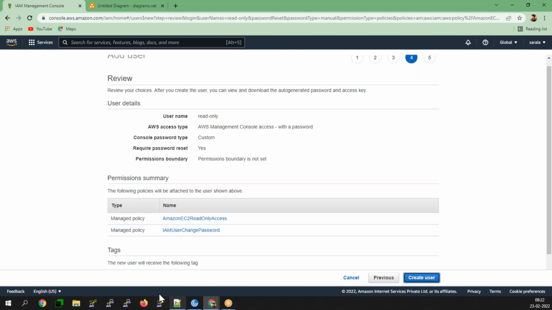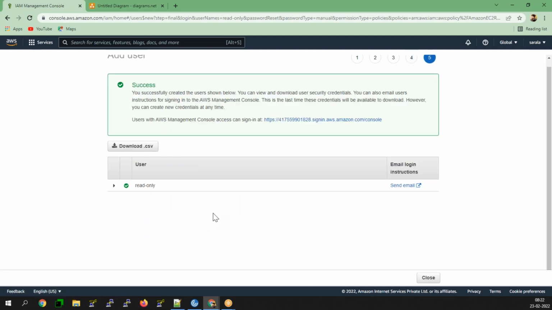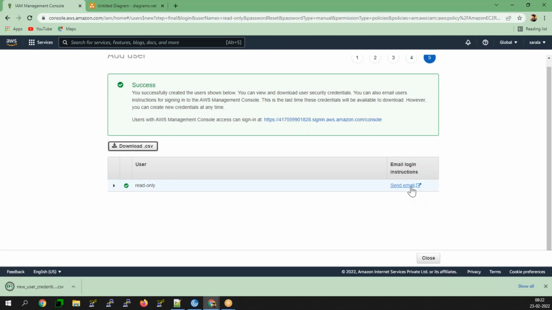So now here, create the user. As soon as you are creating the user, you can download the respective CSV file here. Click on this download, or you can directly send a mail to your respective individual authority. That is one thing, directly you can send a mail. Now, as soon as you have got this credential report,